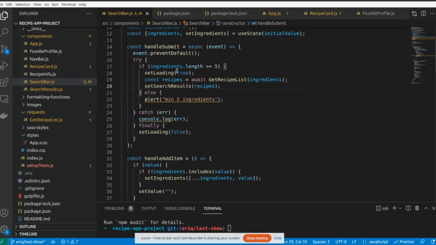Now you can see the handle submit function, which is checking for how many ingredients have actually been put into the ingredients array. Here it's saying that it needs to be more than or equal to 5 before it sends off for the API request. If it doesn't meet that condition, then an alert will pop up saying you need a minimum of